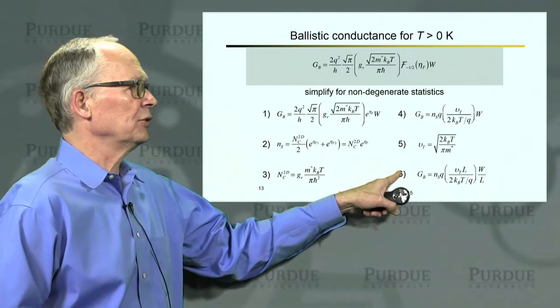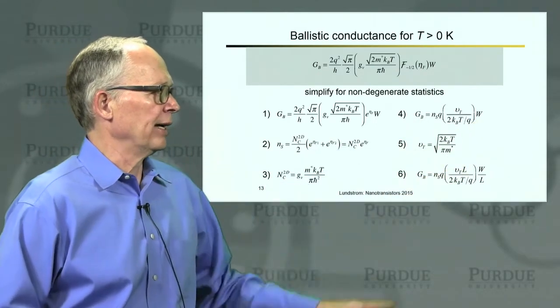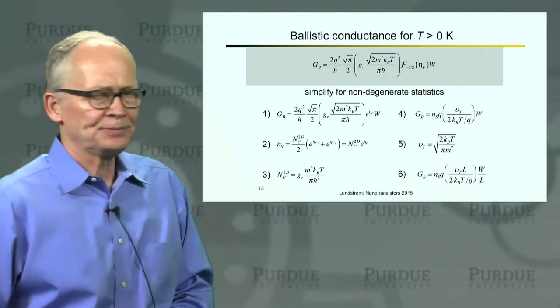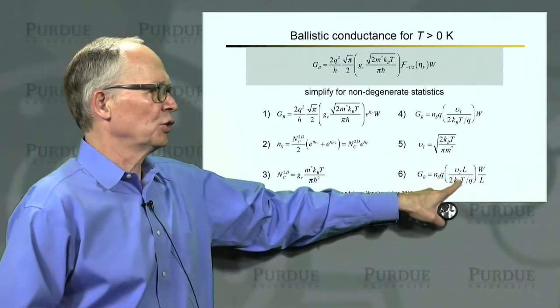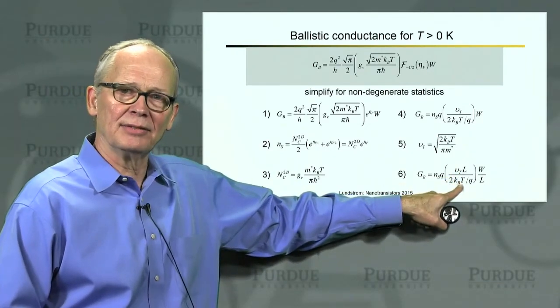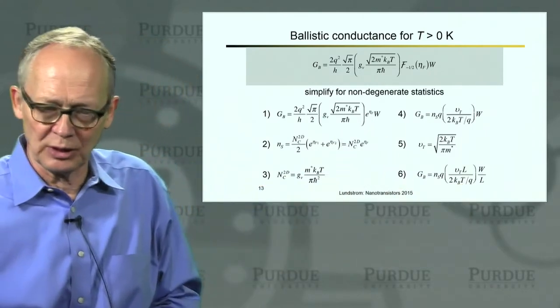So if we would like to now, we could divide by L, and we could multiply by L. And when I do it that way, you can see that we're achieving this quantity that has the units of mobility. This is the ballistic mobility we saw earlier in lecture 1.